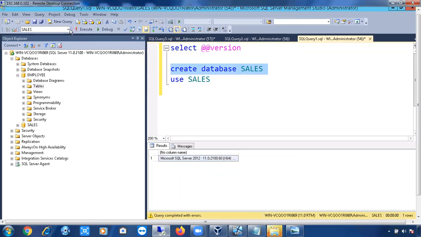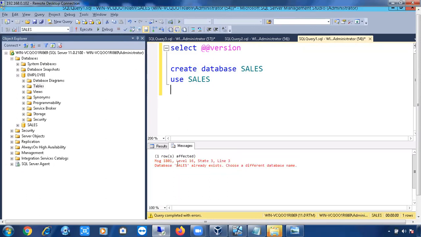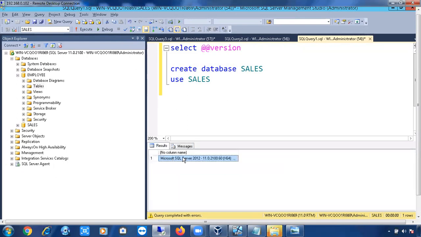For example, now I'm changing to employee. Now again I'm running the three queries. See here, one row is affected, one output, and again sales database already exists. And if you see here Microsoft, this is the version. And the database name changed from employee to sales database. So make sure on which database you are running the query.